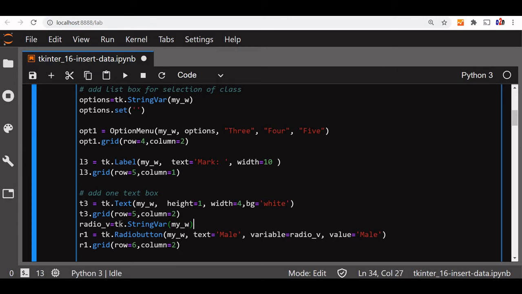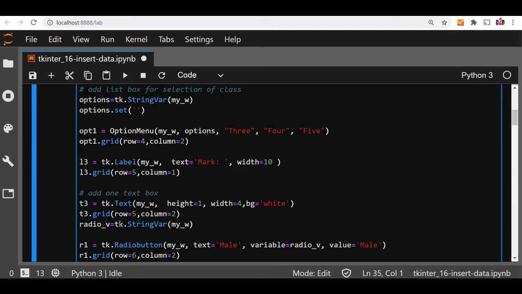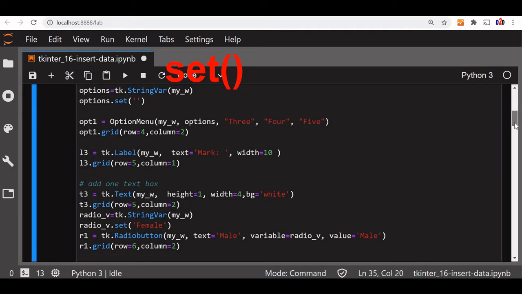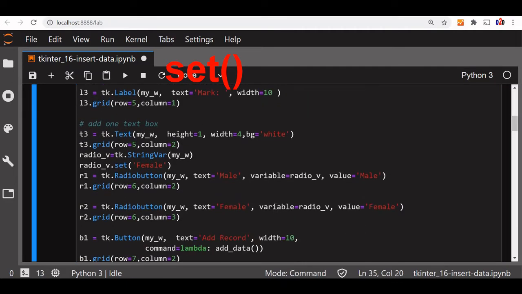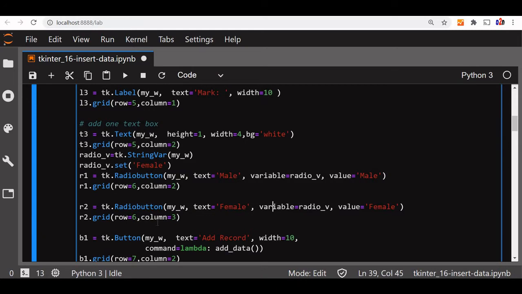So we can even set the value also. We'll say radio_v.set, and now we are setting it to, let's say, female. Female is another option. Two radio buttons are there, R2, you can see here the female value is set. So this we are setting to radio_v. We have declared this variable radio_v here.